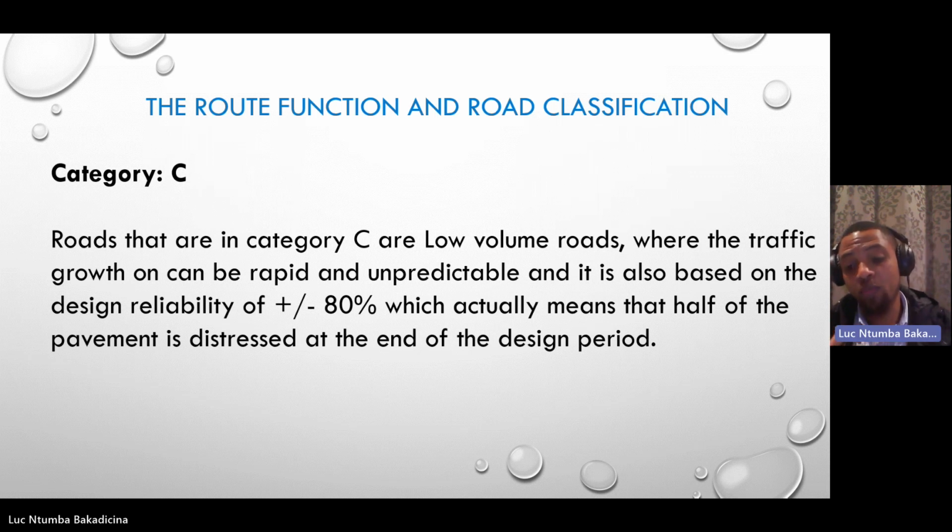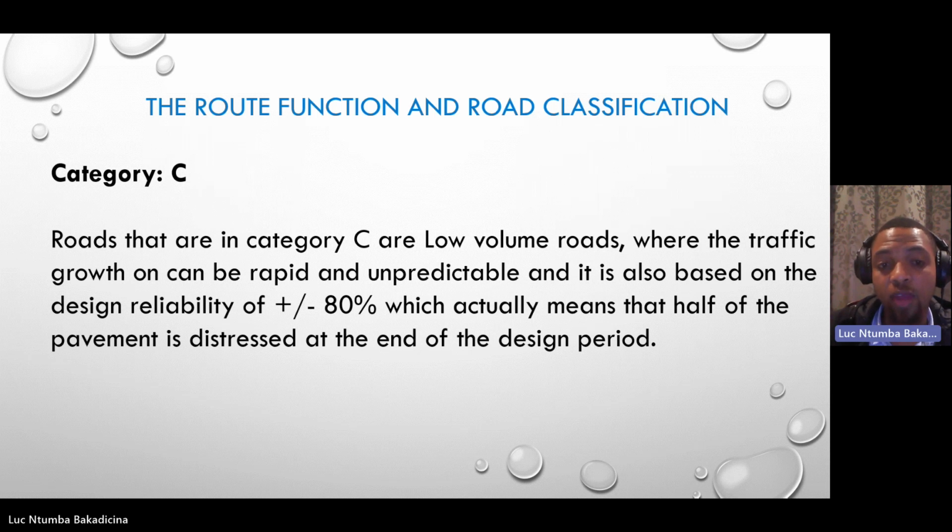It's highly important, as it's linking a lot of villages, and it's one way of communication within the villages, and also for moving goods from one village to another, from the villages to the CBDs, and from the CBDs to the villages. So the growth can be rapid,